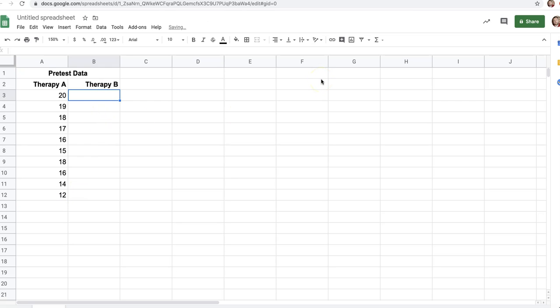Maybe we want therapy B to be almost the same. We'll go 19, 19, let's say 19, and then we'll go 18, 17, 16. So we'll give them 20, 18, 15, and 14. And let's see what we get here. So we'll copy that,